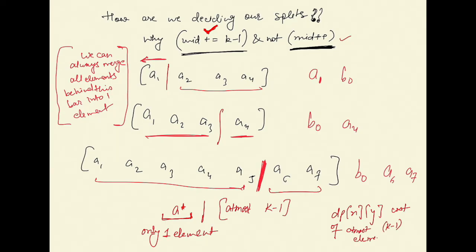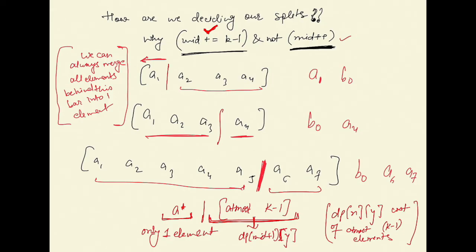because if that subproblem had greater than or equal to k elements, we could pick some of those k piles and merge them into one. And since dp[x][y] always stores the cost to obtain the minimum number of piles, the minimum number of piles cannot be greater than or equal to k. So this subproblem, the answer dp[mid plus 1][y],